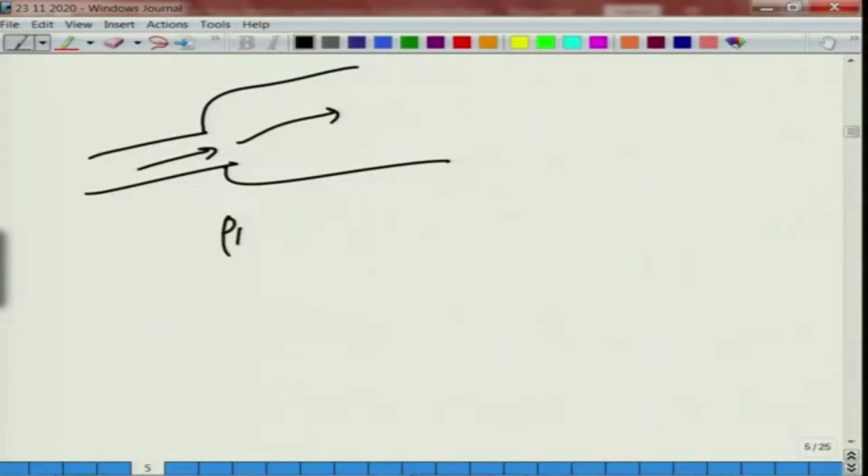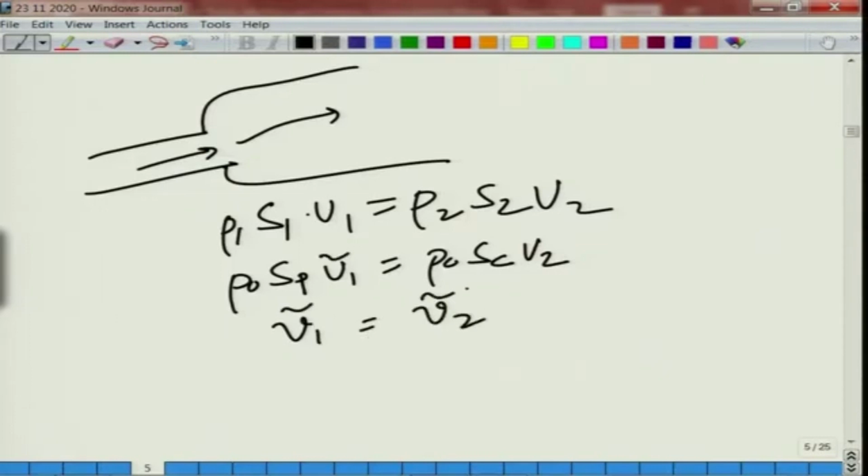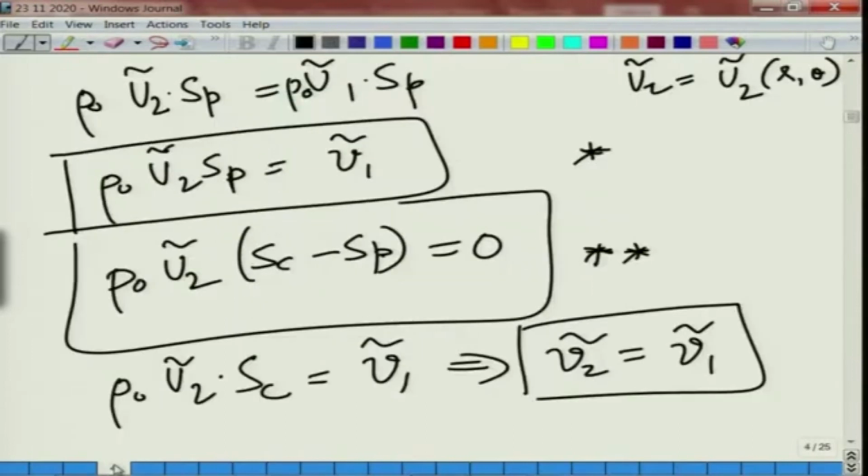So rho 1 into S1, the cross section area, times U1 is equal to rho 2 S2 U2. So here it becomes rho naught into S1 into U1, the port velocity, and rho naught into S_C, the chamber area, and here you have your chamber velocity, say U2. Then you get V1 is equal to V2. So from the continuity equation you can also see that, but if you want a more rigorous mathematical analysis of why this is valid,